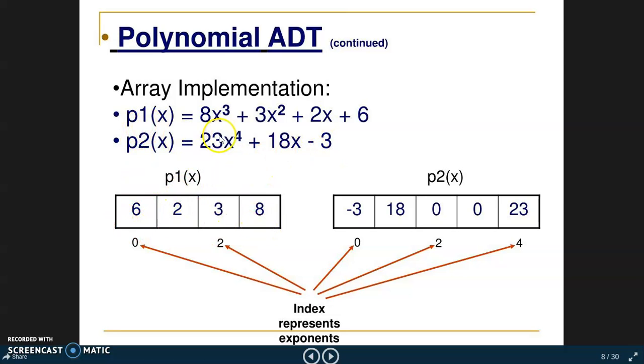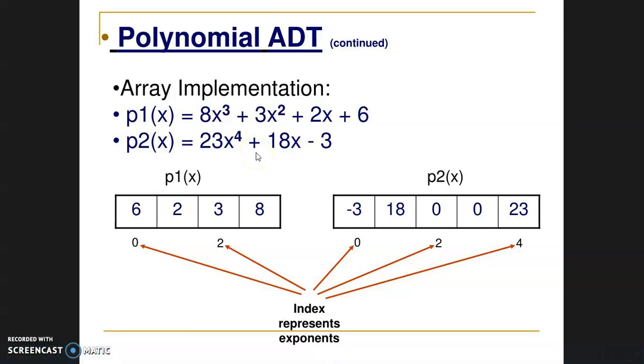Okay, say for example here, between x and x power 4 we have only two exponents that are different. Say for example, if you are creating a polynomial with an x power 1 value and an x power 10 value. One part of the polynomial is x power 10 and another is the x power 1 value.